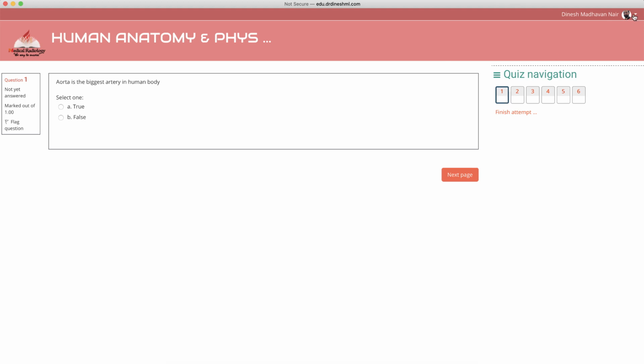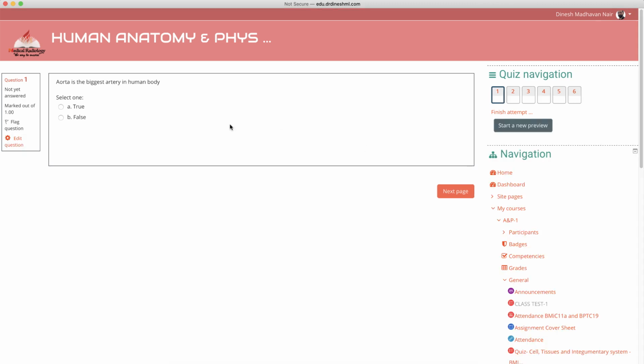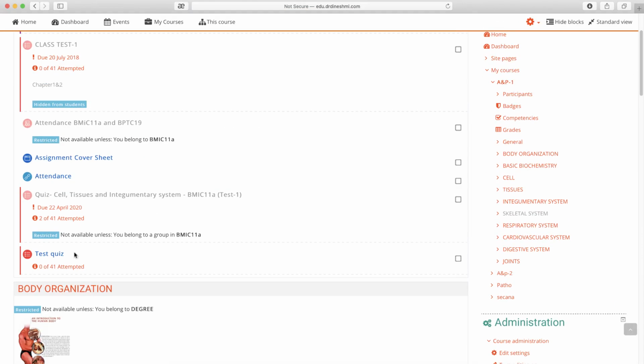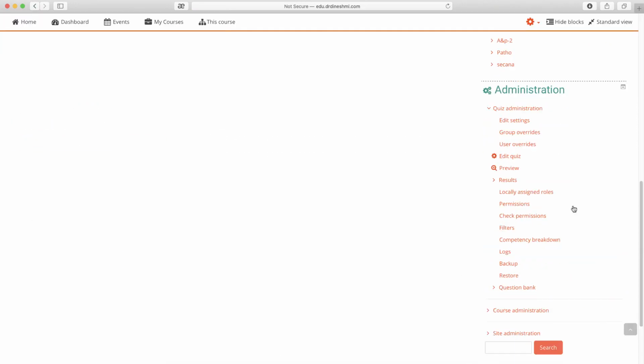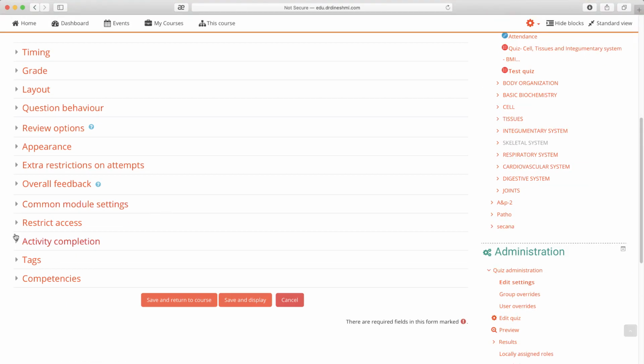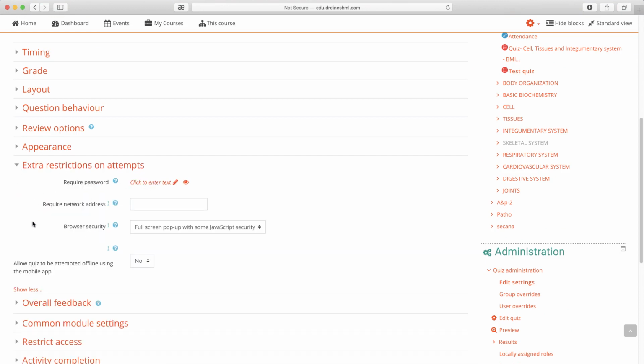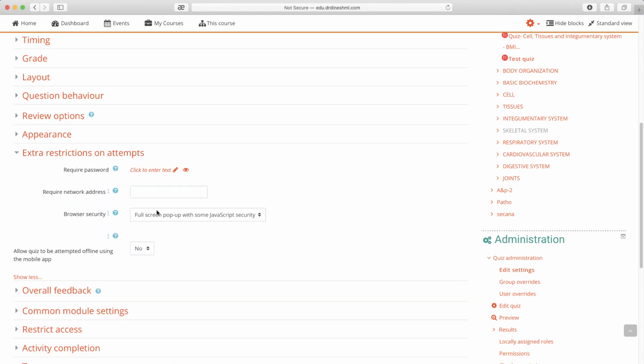So this is because of I already give some browser security. I show you that in the settings. That's very important for that. Okay, so I'm returned to my normal view. In the quiz settings, it's very important, extra restrictions, show more, and click this browser security. It's very important actually. If you switched on this full screen pop-up with some JavaScript security, the students cannot copy the questions, or they cannot right click in that, because it's open to a special pop-up window, so they cannot